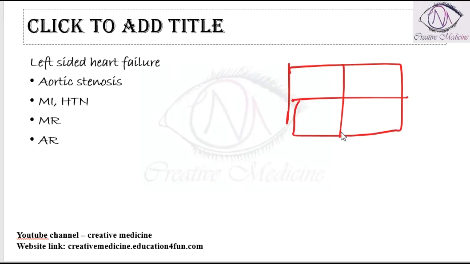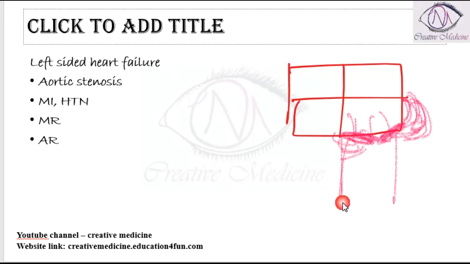Now there is aortic stenosis, a stenosed aortic valve. Because of this stenosed aortic valve, the left ventricle finds it difficult to pump the blood, so the left ventricle undergoes hypertrophy. Slowly it becomes hypertrophied and pumps the blood into the aorta by opening the stenosed aortic valve. But a point is reached where the left ventricle can no longer become hypertrophied and can no longer pump the blood into the aorta, thus resulting in left heart failure.